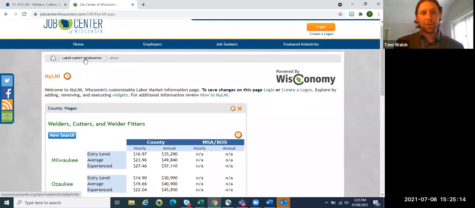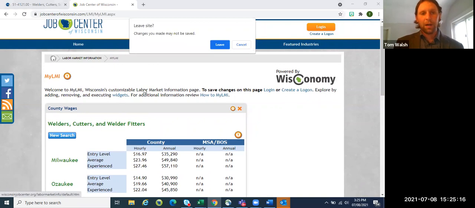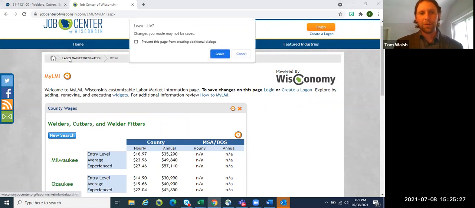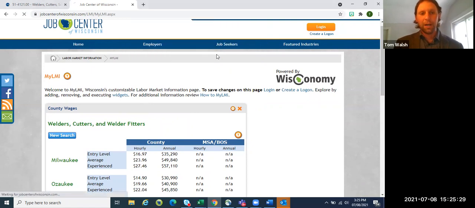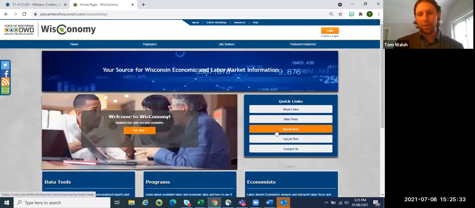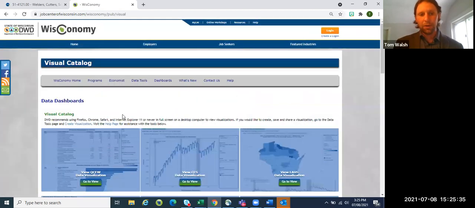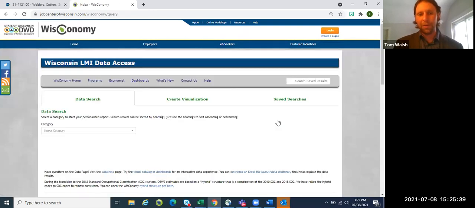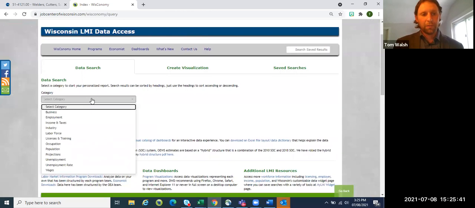And then going through the example one more time, again, not clicking this home one on top, but clicking either the home icon or the labor market information icon below it. Common mistake, if you do it, you probably will do it. You won't be the first person. And then going back to our homepage, going into our data tools method of getting in. So again, we're going down to wages.